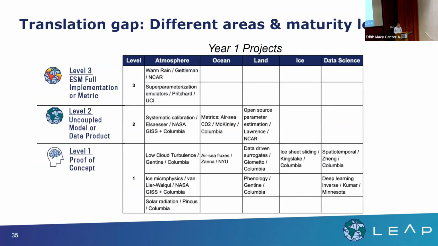And that's again the fact that we are across many different components. I showed that picture yesterday. So we are covering atmosphere, ocean, land and ice, the cryosphere, for the climate science, but we're also covering data science. And we also have many different levels of maturity as well. Some people are very confident with machine learning. They can use the wording or the vocabulary, but some people are just getting started, right? So make sure you actually understand each other. Make sure you're trying to be inclusive when you talk to people because they might not have that understanding right now. Okay, so make sure you do. We can create that.